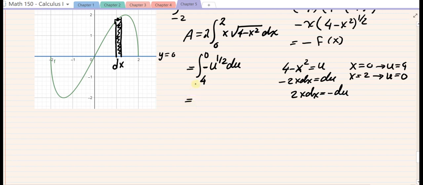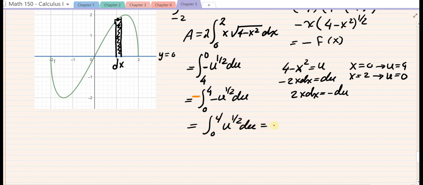And we can do another thing. Notice how 4 is bigger than 0. So for those limits of integration, usually we go from lower to higher. So I'm going to change the limits of integration to go from 0 to 4. Remember the offset: when we do that, that makes it negative here, right? The integral will be negative of the original integral, negative of negative u to a half du. All said and done, this is 0 to 4 of u to 1/2 du, which is so easy to